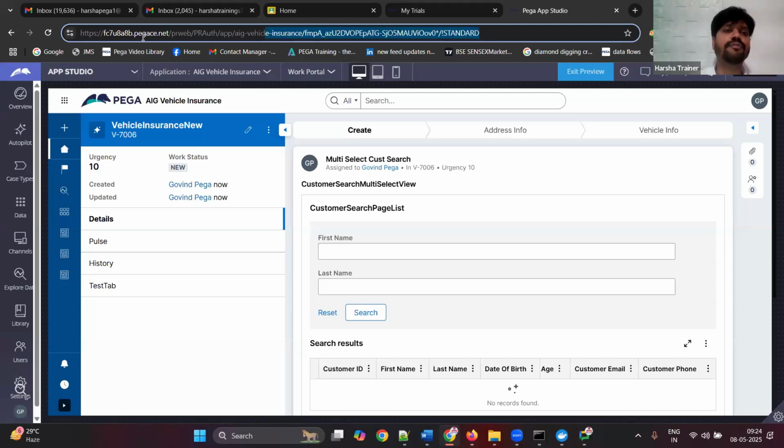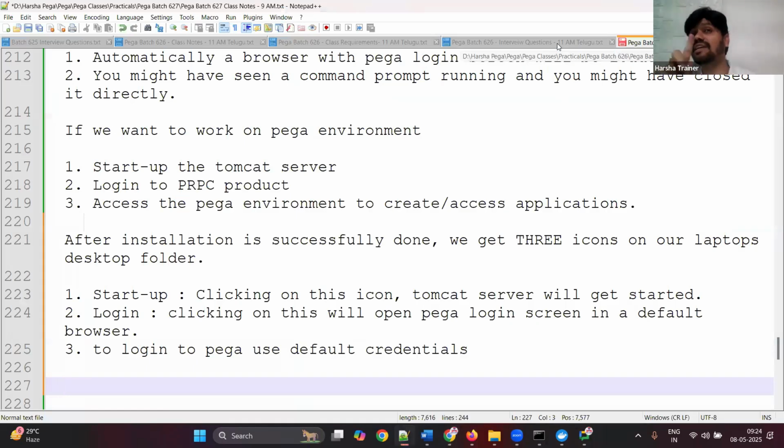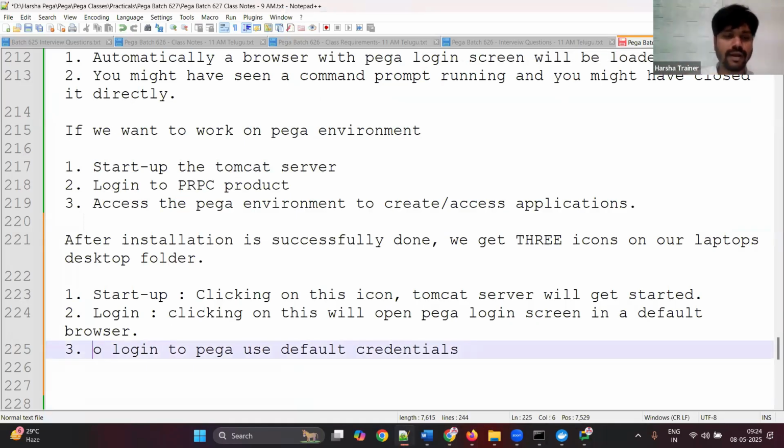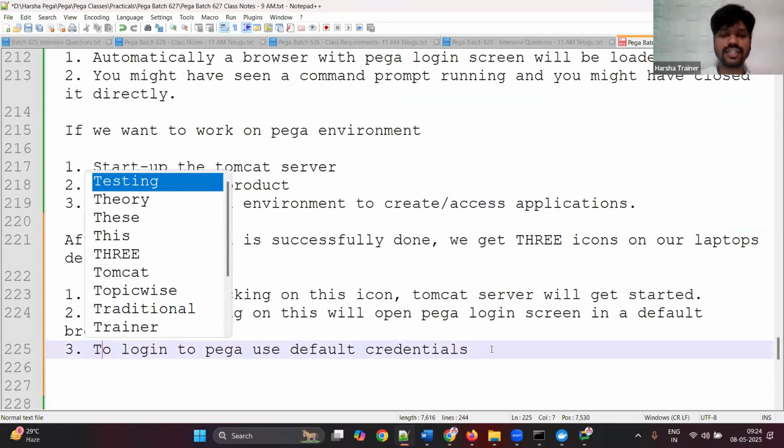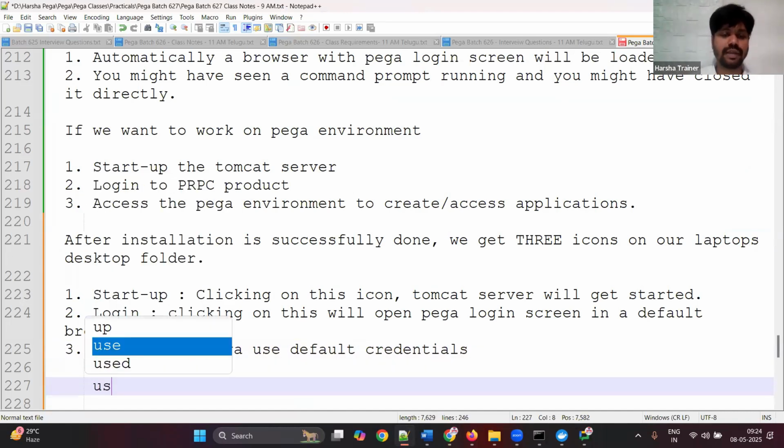Because community edition is from the browser. It is there somewhere else. So for now, what is that? You don't need internet connection to work on Pega software. Remember that. To log into Pega, use default credentials. What are the credentials? Username is